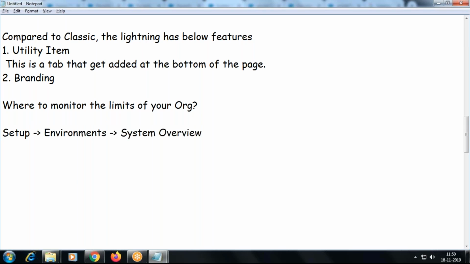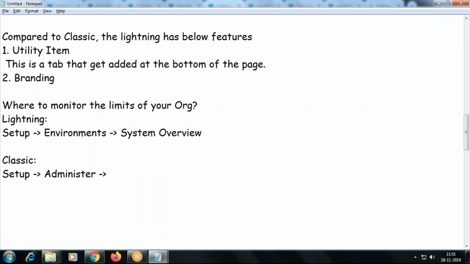This navigation is part of your Lightning. In classic it is going to be different. I believe it's under Administer. We'll see. We'll go to classic.